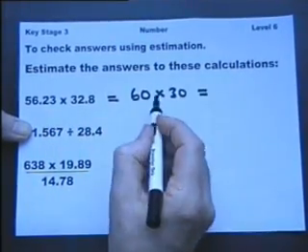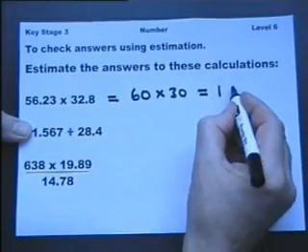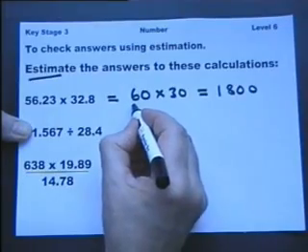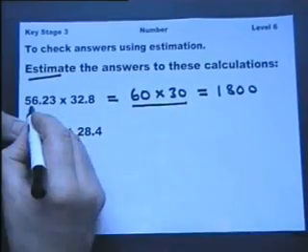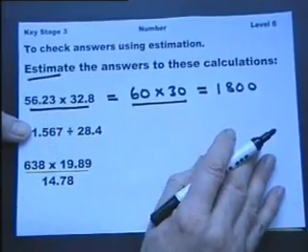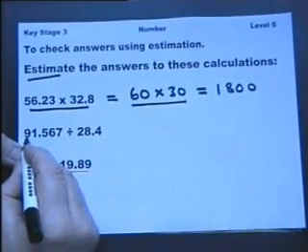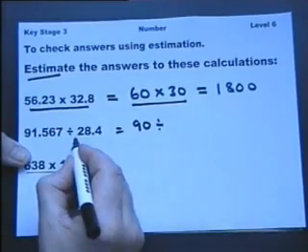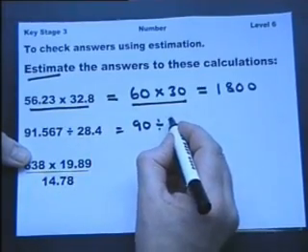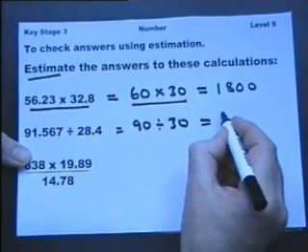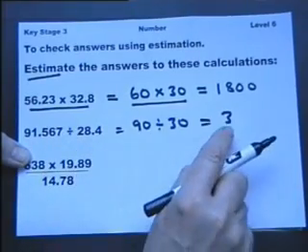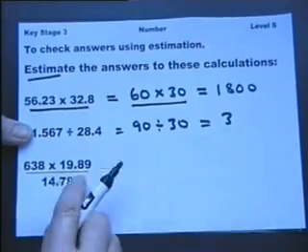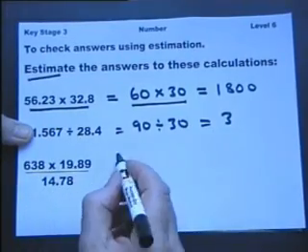And the whole point is I can work this out in my head. An estimation is something you can work out in your head based on the actual information. So this is going to be one significant figure is 90 divided by one significant figure which is 30. So my answer to this calculation should be around about 3. That's an approximation. So if I round each of these to one significant figure,